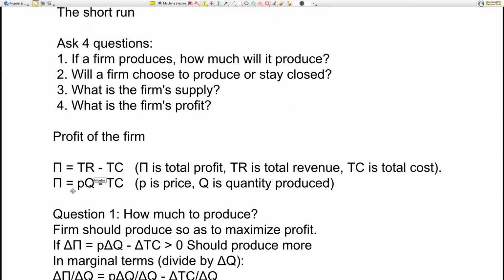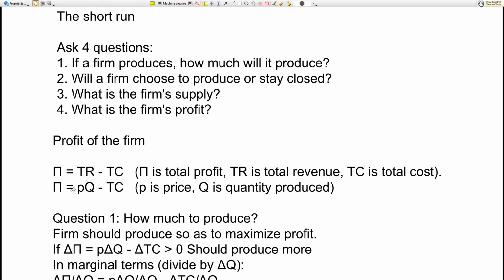I have no choice. If I set a price too high, then I'm going to lose my customers. If I set a price too low, I would have as many customers as I like. But if it costs me $5 to produce each unit, and I set the price at $1, fine, I get as many customers as I like, but I lose money doing that. So I wouldn't want to do it. So this is why the price, you cannot change it. All you can do is decide how much to produce, what is the quantity produced.